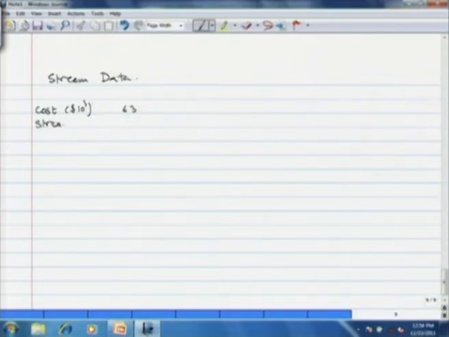Stream 1 is the reactor feed. It has a coefficient of 690 watt per meter square per Kelvin or 0.69 kilowatt per meter square per Kelvin, and the other stream